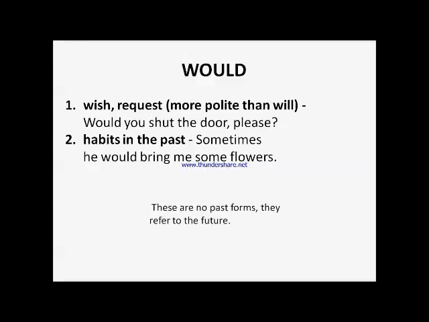Let's talk about would. Would is used in two cases. First is to wish or request. As I said in the earlier slide, would